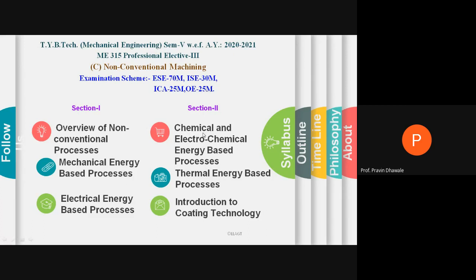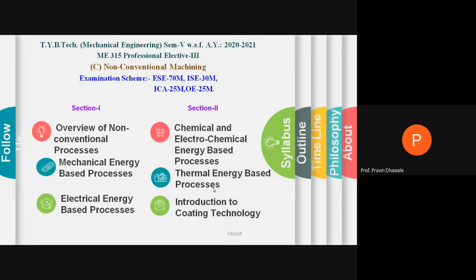where you have to study different kinds of processes like electric discharge machining, photochemical machining, electrochemical machining. Such kinds of processes you have to study under this chapter. Fifth chapter, thermal energy based processes, where you study the different non-conventional processes that utilize heat in order to vaporize or melt the material of the workpiece